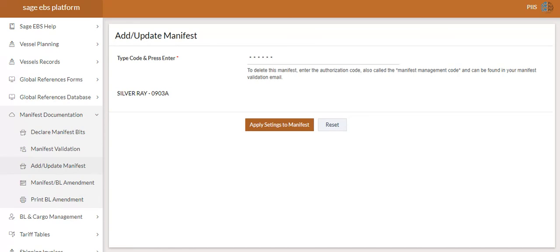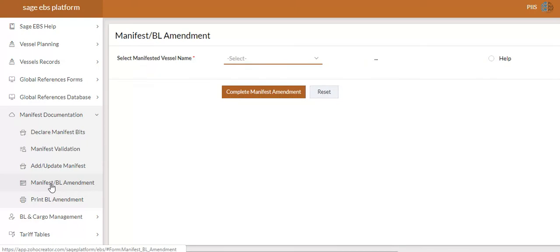After the completion of this section, the next on our list is manifest and BL amendment. And I want to specifically bring it to our notice that there is a difference between adding and updating manifest and manifest/BL amendment. When we are adding or updating manifest, this means we are actually doing a whole manifest.